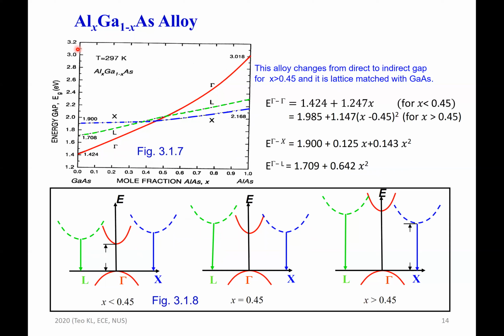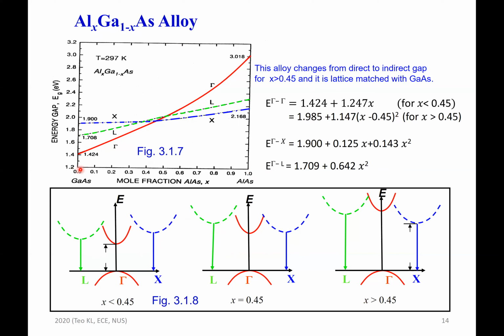So this is a plot of the energy gap or band gap as a function of composition. When X equals 0, there's no aluminum, so you have only gallium arsenide. So this is the endpoint semiconductor, which is gallium arsenide. If X equals 1, it is basically aluminum arsenide alone. So X equals 1 is the other endpoint of the semiconductor.